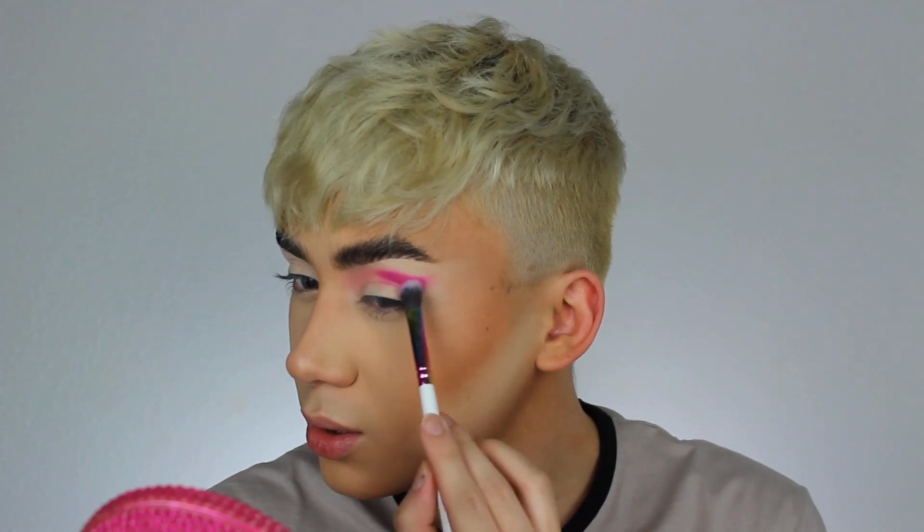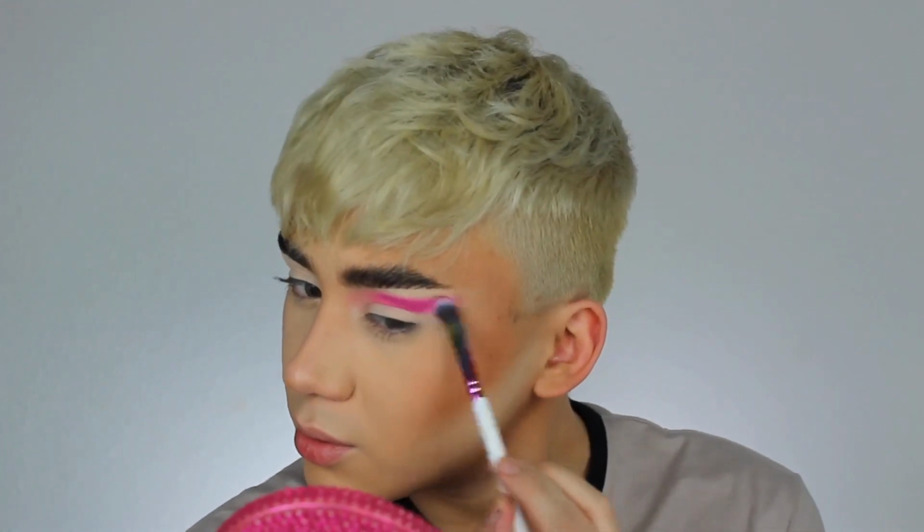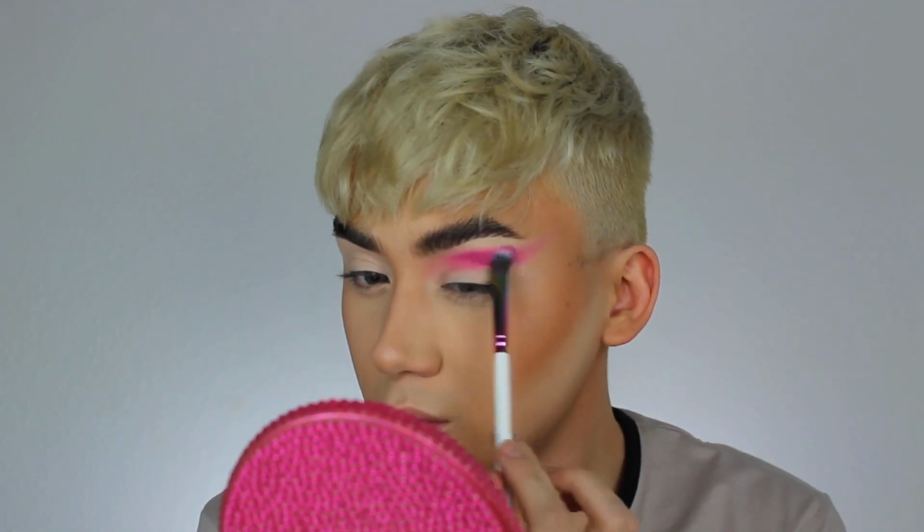Like, oh my god, these are not a wash of color. These are really pigmented, look at that. We love to see that. Back in with that BFF color, that little blushy tone. We're just gonna use that to blend this little area right on top because y'all want a seamless blend. We're gonna give y'all a seamless blend. This color is not a sheer shade, so please make sure y'all tap it off because these are, like, look at that,